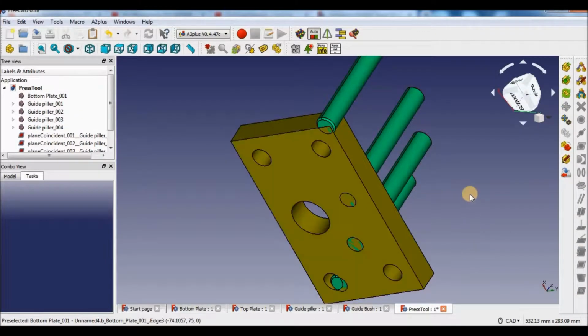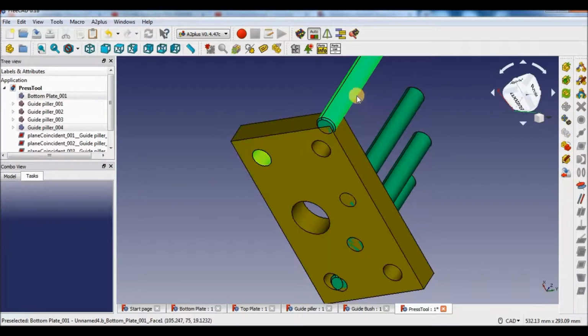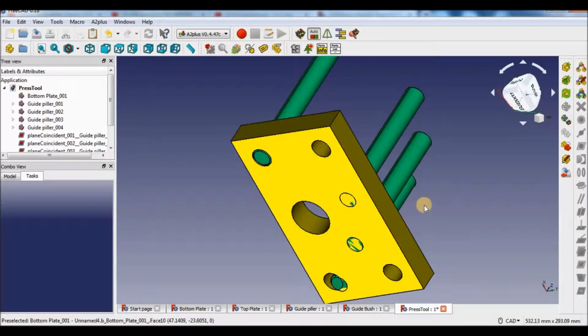Now we have completed the surface constraint. Next is the axis constraint. So select this outer surface and press Ctrl. So as you can see, this is the axis constraint.